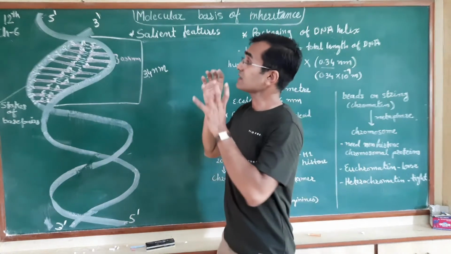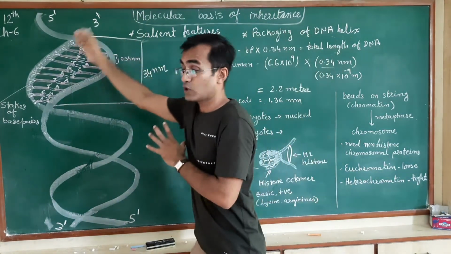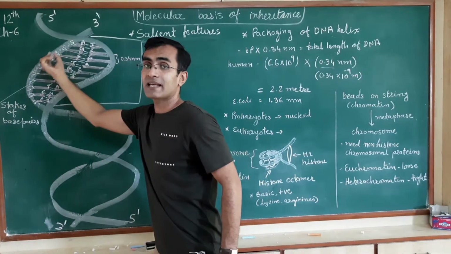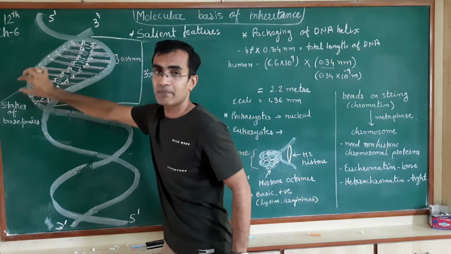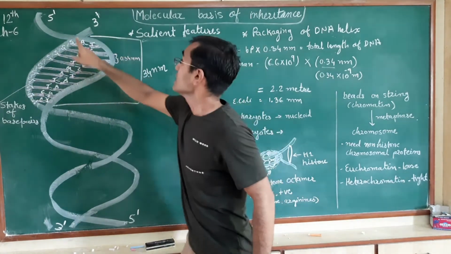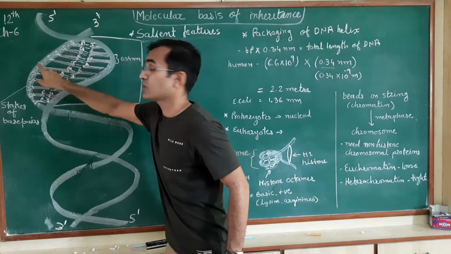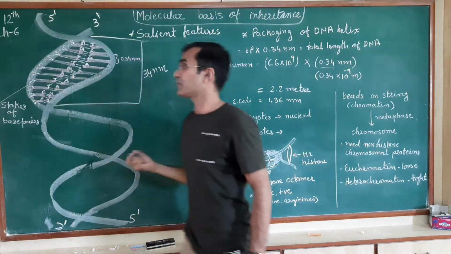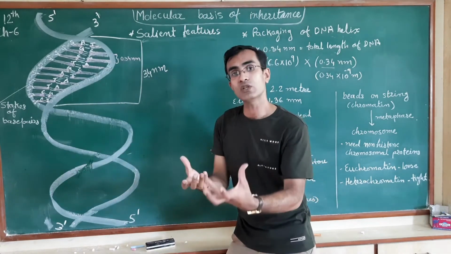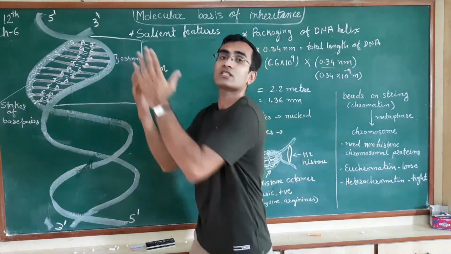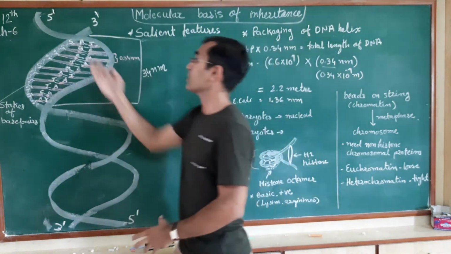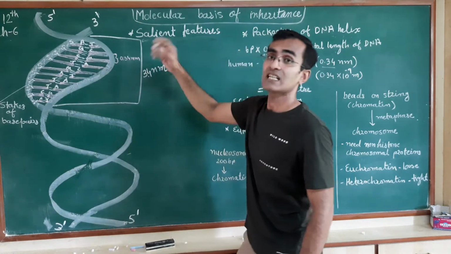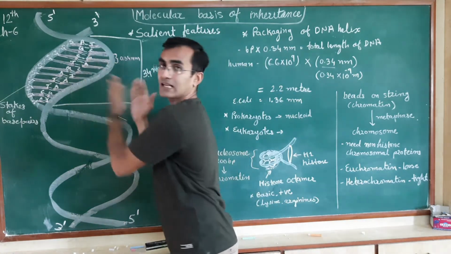Second one, in this DNA, there will be a presence of sugar phosphate backbone. So here you can see this is a sugar phosphate, sugar phosphate, sugar phosphate. The sugar and phosphate make the backbone of this DNA molecule. What is backbone? They give structural support. The main structure is made up of the sugar and phosphate. Whereas the nitrogen bases project inside, अंदर की तरफ वो project करते हैं.